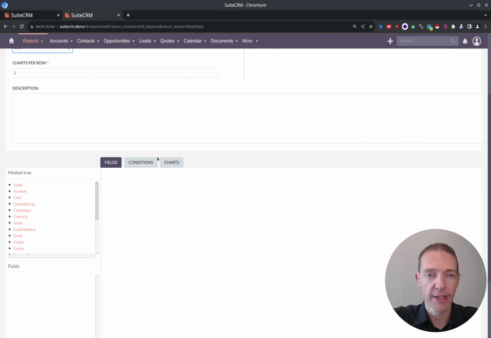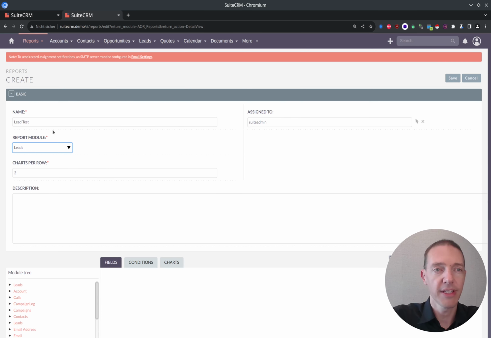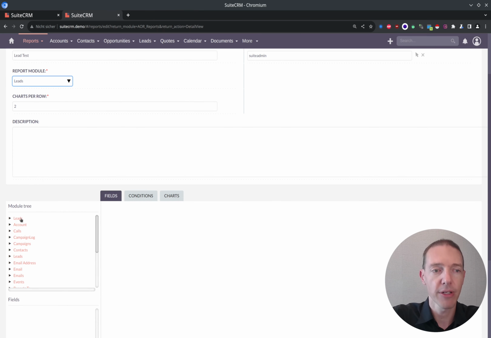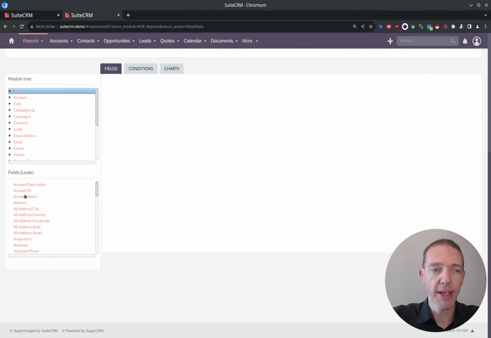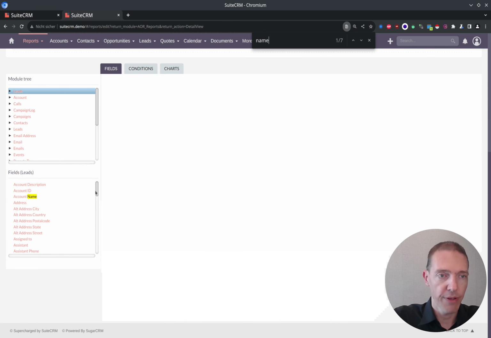Let's go through the critical area here. So you've got a module tree on the left hand side. That means you've got all the modules available here, which is a bit misleading because here we say we want to report on the leads module. And yes, we do this as well, but we need to first select the leads here in order to be able to pick those fields. So that's important. And now let's start with simply the names, and we've got a couple of names, first name, last name,